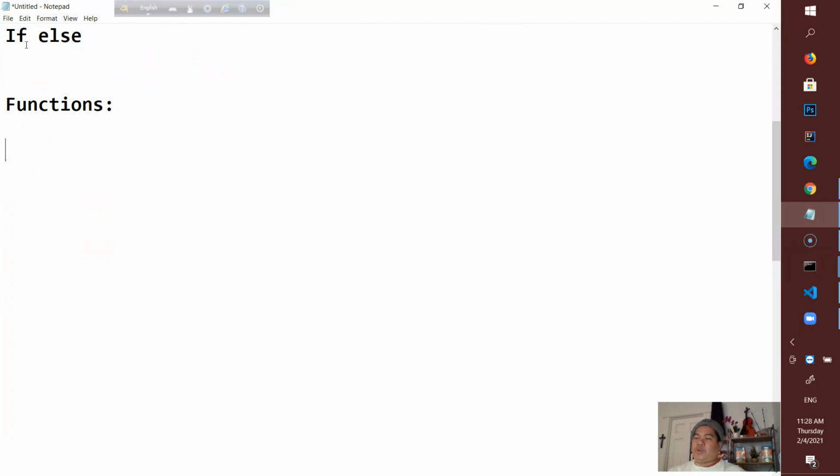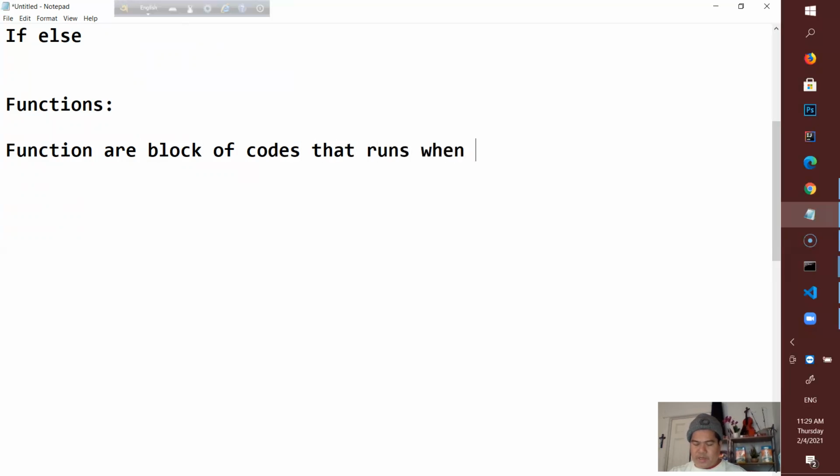Now, let's see what are the functions. Function is block of code only runs when it is called. Okay, functions are codes that run when they are called. So they run only when they are called. Remember,